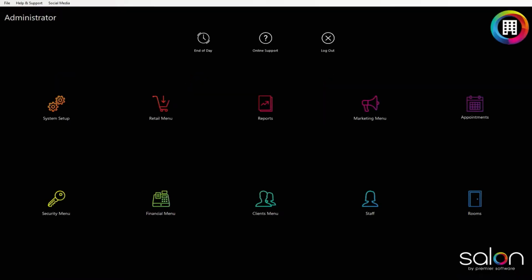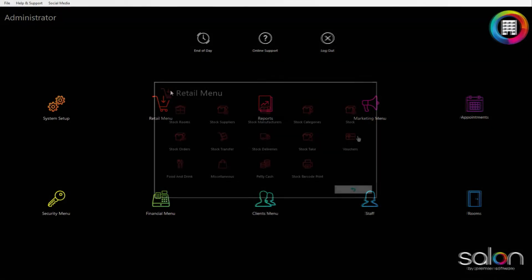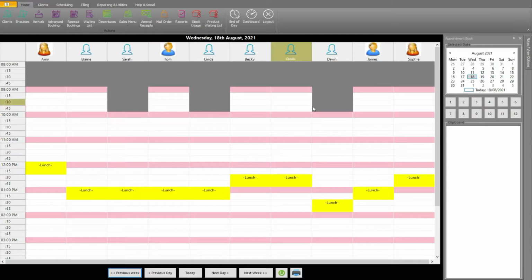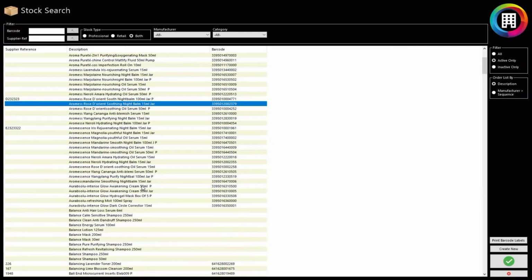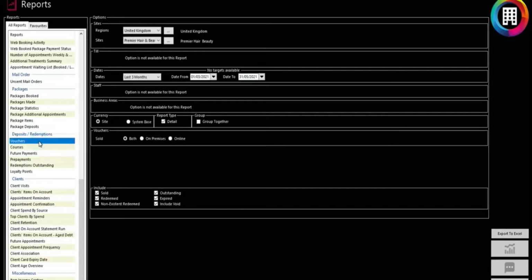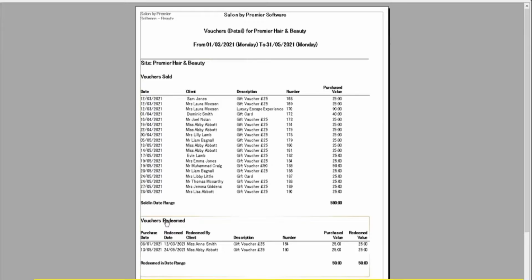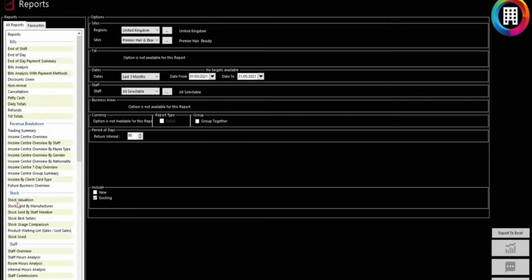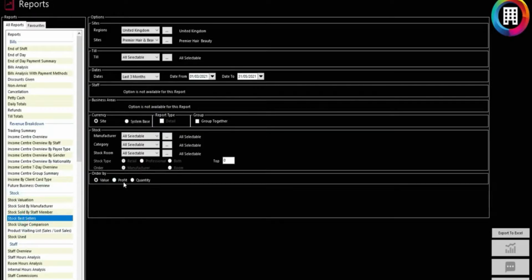Once in, you will need to decide what your marketing campaign will be. Is it to increase gift card sales in the run-up to a seasonal event, or is it to boost your bookings or promote your retail items? To help you decide, you can click Reports and run a variety of reports to see what was popular in the run-up to last Christmas, for example, so you can promote that item this year. Perhaps you would like to promote a bundle that includes an item of stock that isn't so popular, bundling it with the most popular items as shown in your reports.